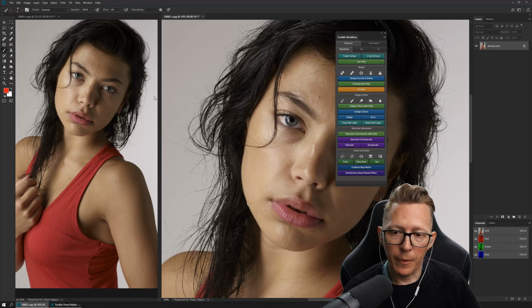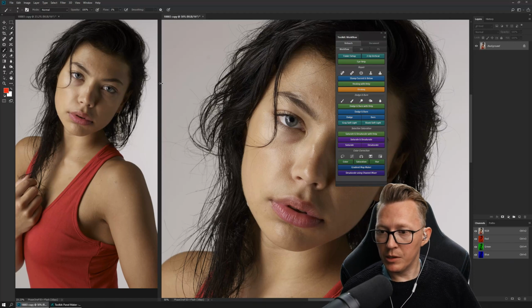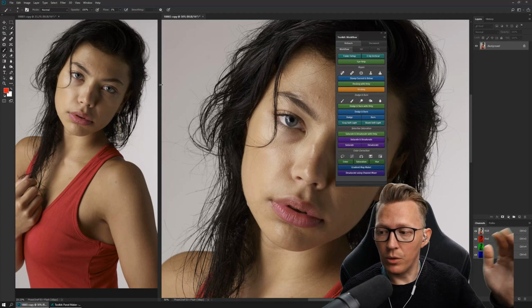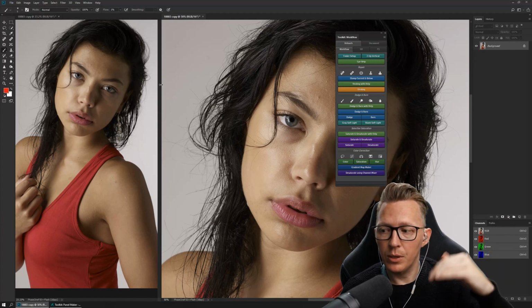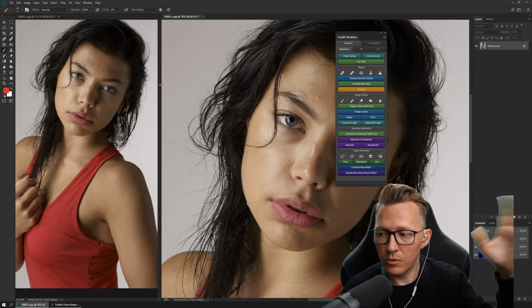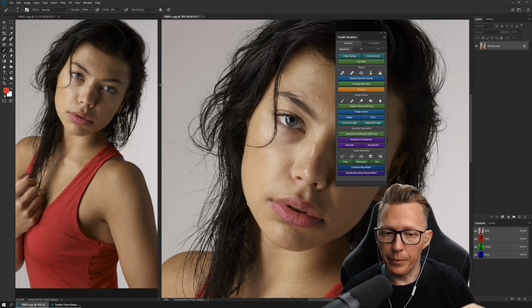It's the same mistake that a lot of people make with frequency separation when they use it on skin. They use filters or they paint with a soft brush or they use a mixer brush with a soft edge. And that will destroy the texture. Not at 100%, but if you view it at the distance where it's supposed to be viewed,